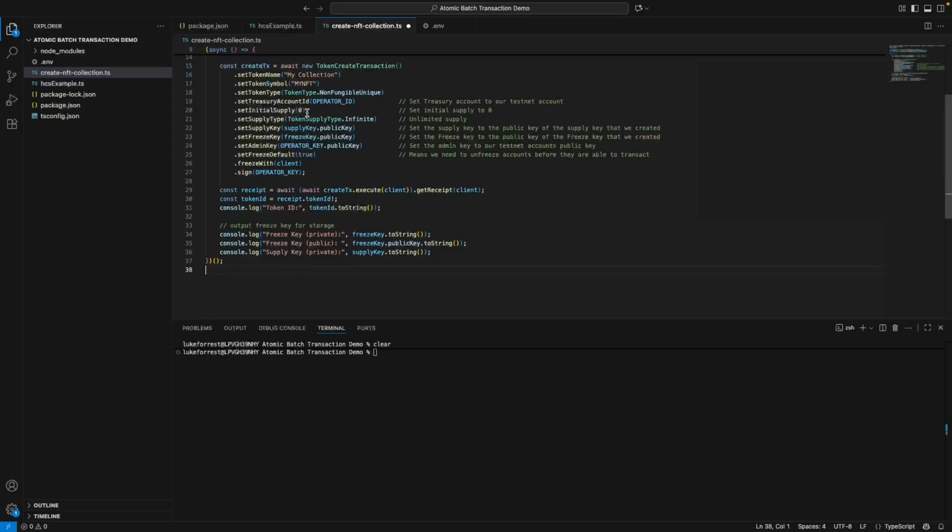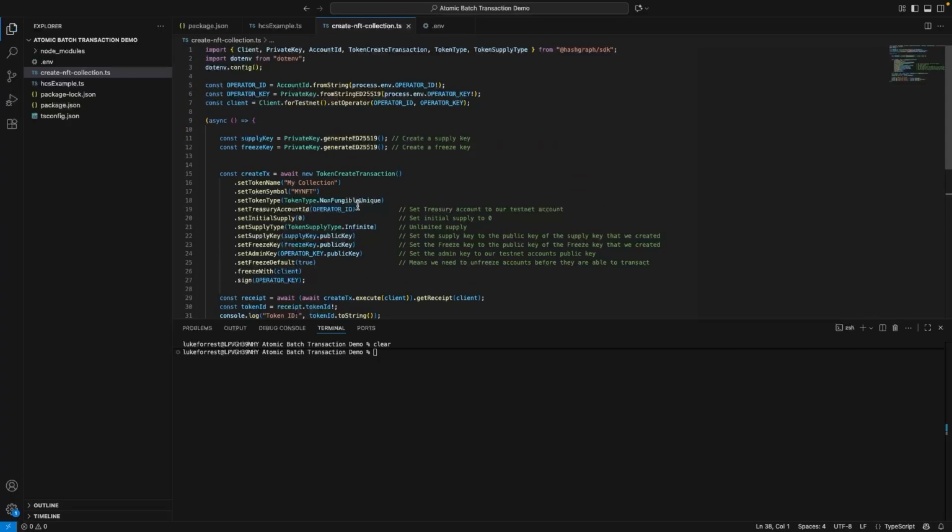I've got some code here I've used previously. So all we're doing here is virtually exactly the same as the atomic batch transactions. We're creating our client here on testnet,